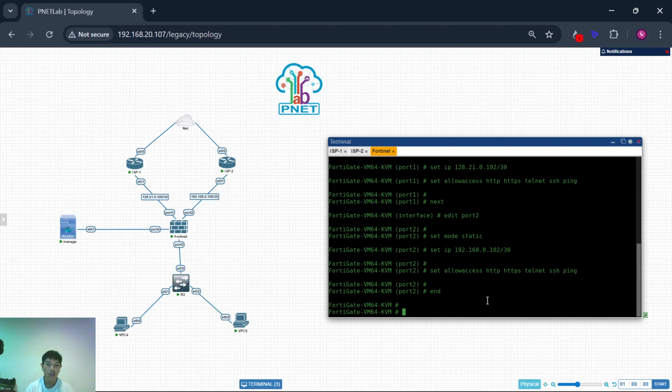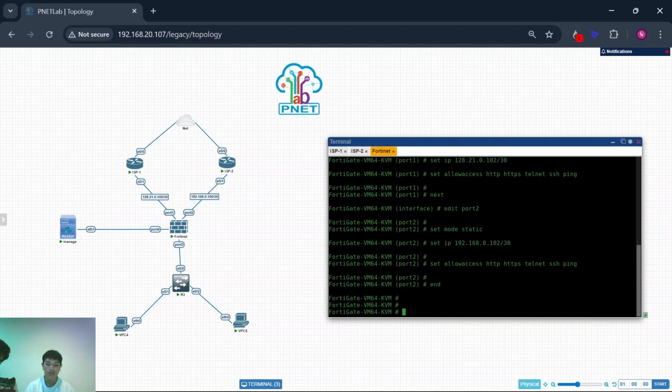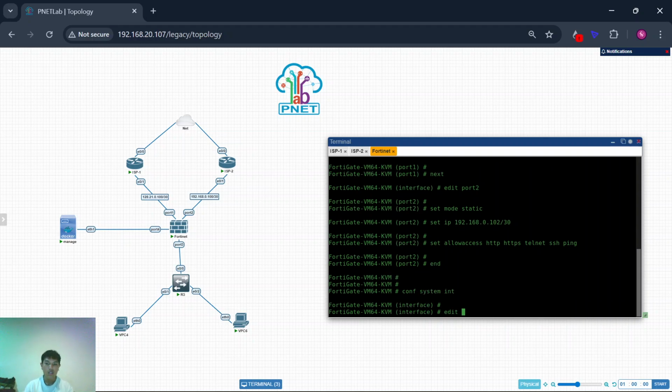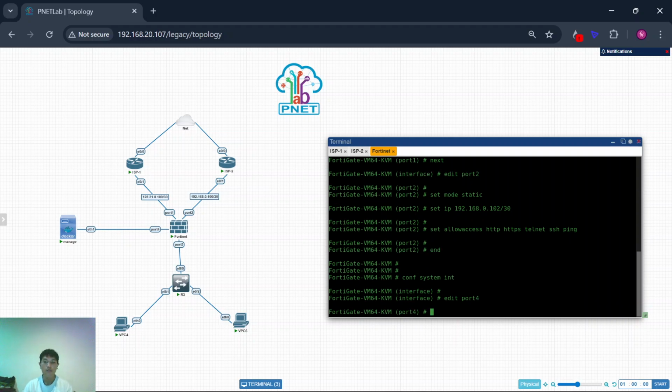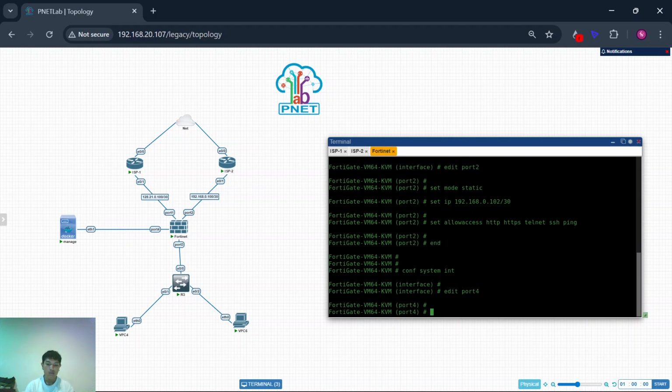Oh yeah, I forgot to configure port 4. So configure system interface, edit port 4 and set mode.